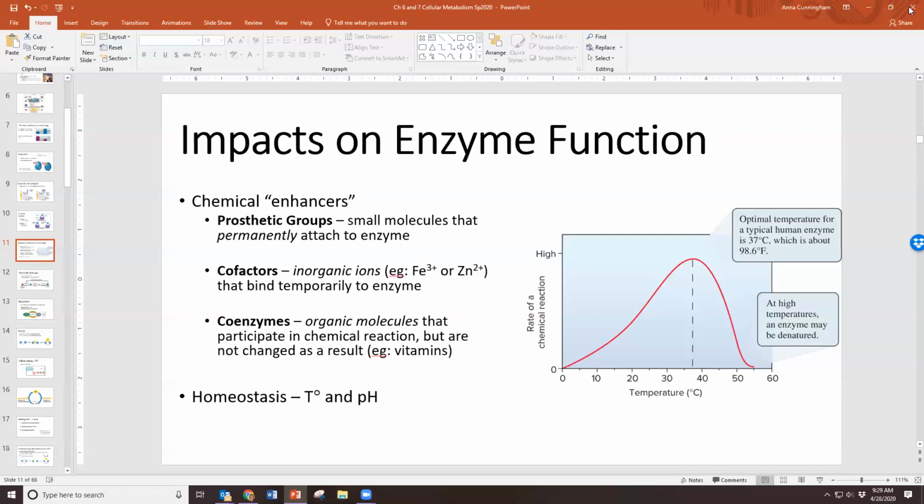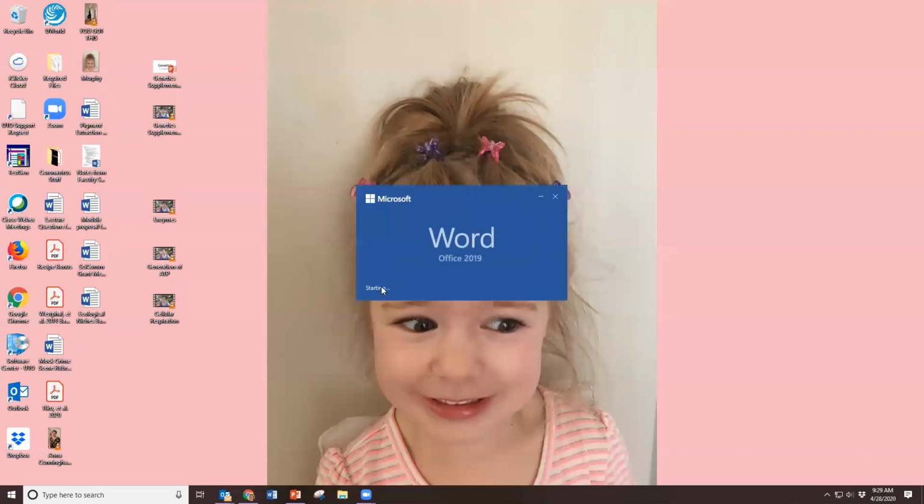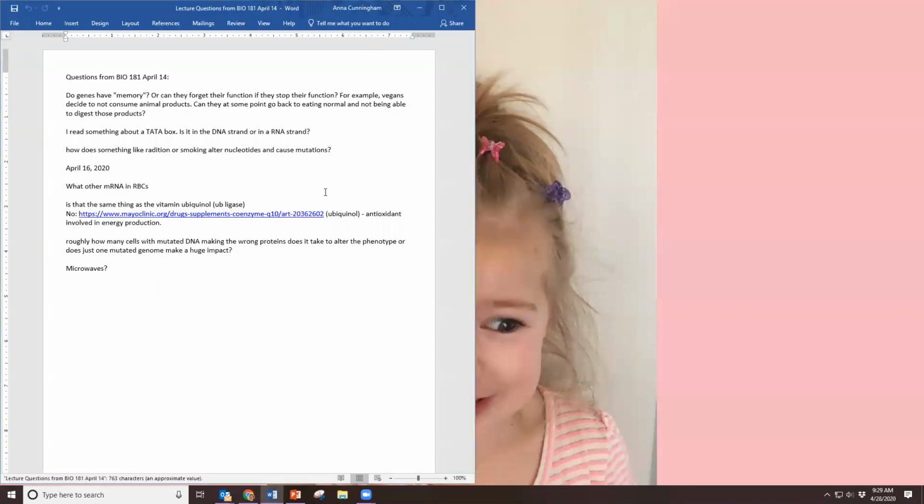The one that was given as an example the other day, where is it? I just had a really good question. Where'd my notes go? Here we are. Somebody had a really good question the other day about ubiquinol. So ubiquinol is not the same as ubiquitin ligase, but what ubiquinol is, we will learn specifically through this lecture